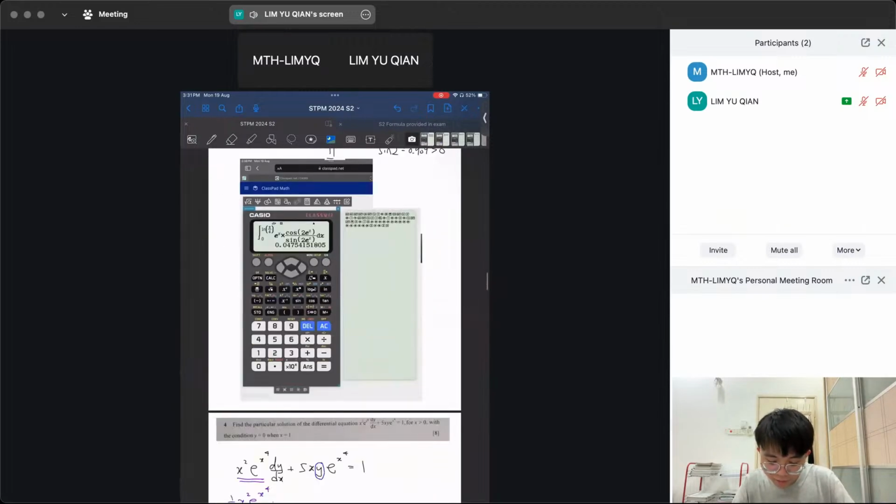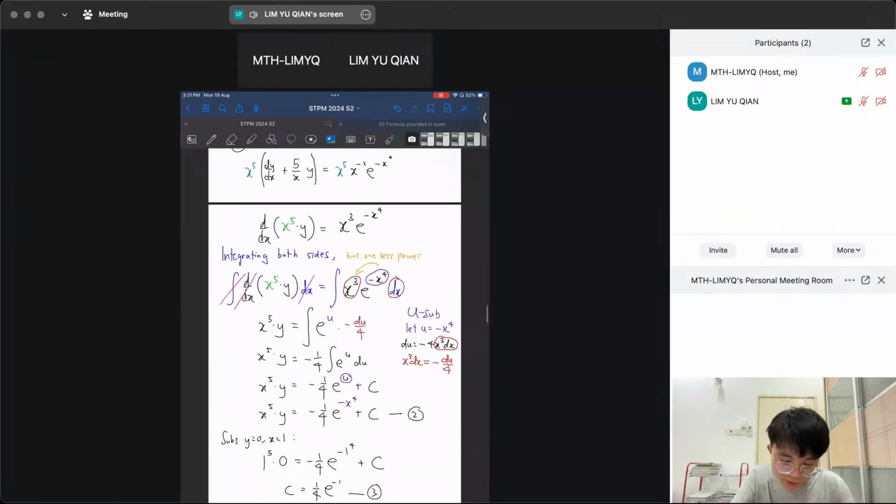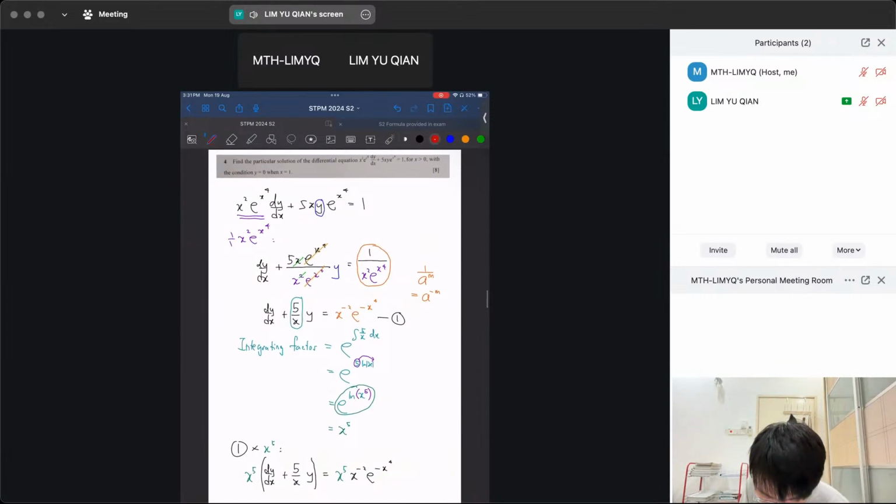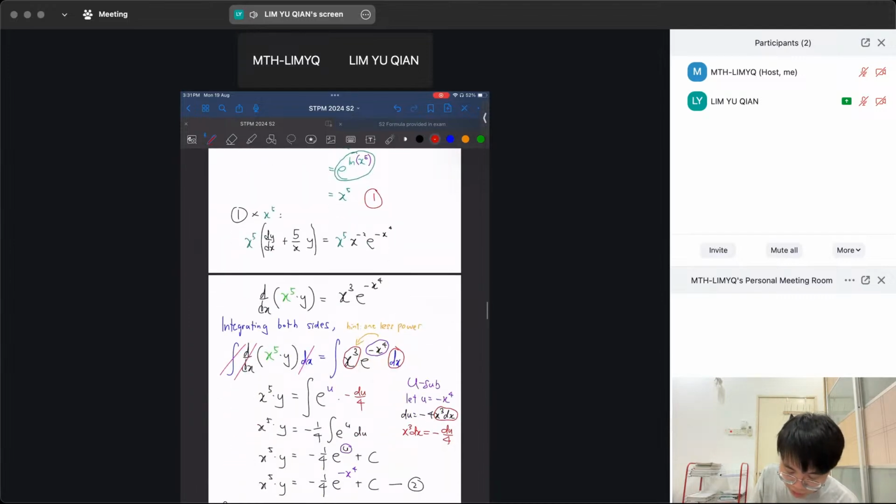I think I didn't label question 4, right? Alright, let's put the mark allocation for question 4 also. Number 1, you have to divide. Divide has 1 mark, until you can recognize the 5 over x. You know the formula for the integrating factor, and until you get the integrating factor and do the standard process. All these standard processes you must have, including this part till this part. Also I think only 1 mark.